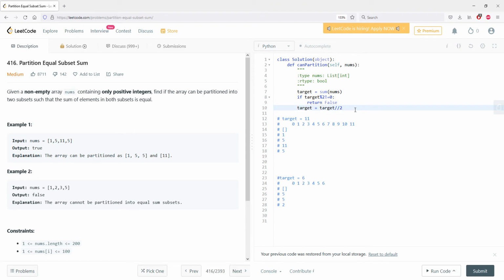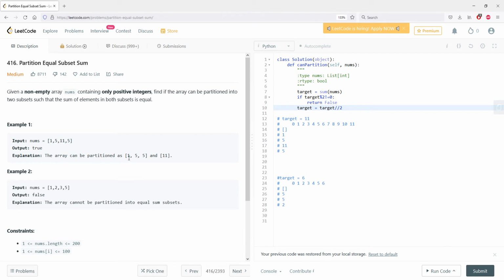Okay. Now, how do we find this one subset? Well, we can find it using dynamic programming. So basically, in order to find this subset, we can either take an element from the array and include it in our subset as a potential solution, or we can not take it. Okay, so for example, here we took 1, 5, 5. We could have also tried taking 11 in this subset, but obviously that didn't pan out. So the final solution was 1, 5, 5,